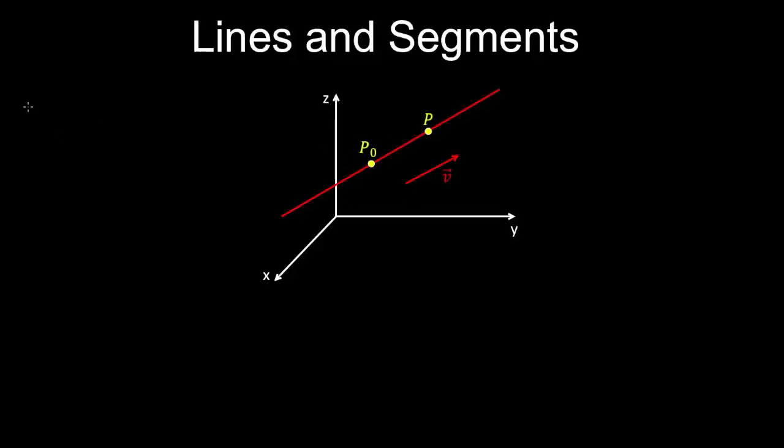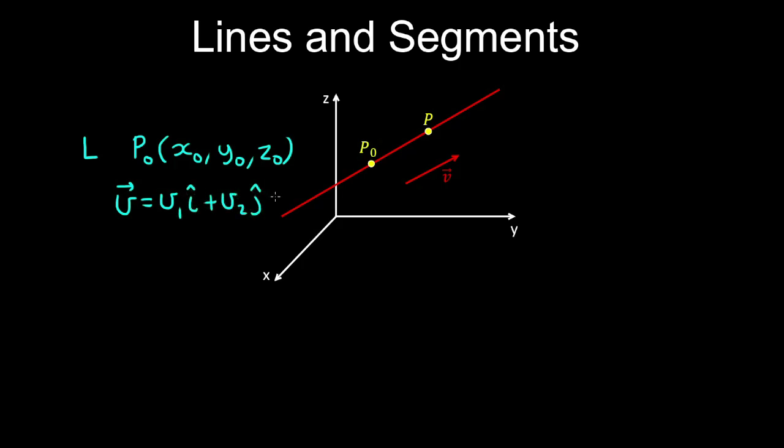We can determine a line in space using a point on a line. So in 3D space, this point has coordinates x0, y0, and z0, and also a direction vector, which has components v1 i plus v2 in the y direction plus v3 in the z direction. So if the line passes through the point and it's parallel to the vector v, then the line is the set of all points with coordinates x, y, z,